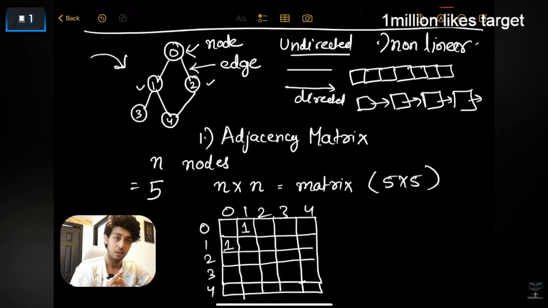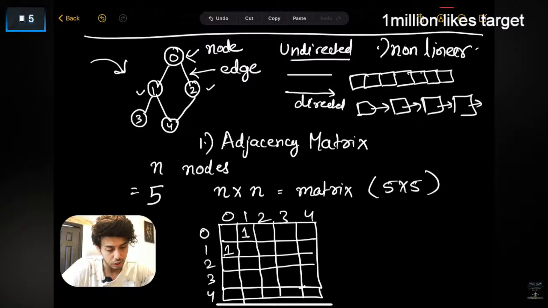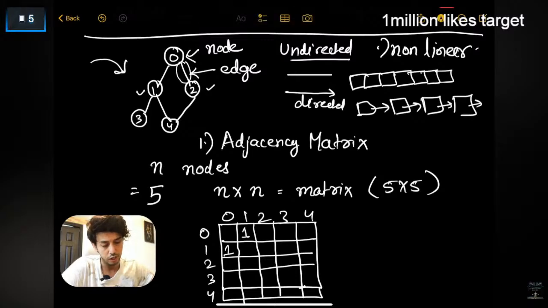तो ये हो गया मेरे एक एज का रिप्रेजेंटेशन, राइट। तो आप ये सोच सकते हो कि हर एक एज दो नोड से कनेक्टेड है, A to B और B to A, ये दो एंट्री सेल में भरे जाएंगे। तो अब मैं देखता हूं ये वाले एज का, 0 to 2, करेक्ट। तो 0 to 2 के लिए इट्स सिंपल, 0 2 में आप एक एंट्री भर दो और 2 0 में भी आप एक एंट्री भर दो। तो ये हो गया हमारा।